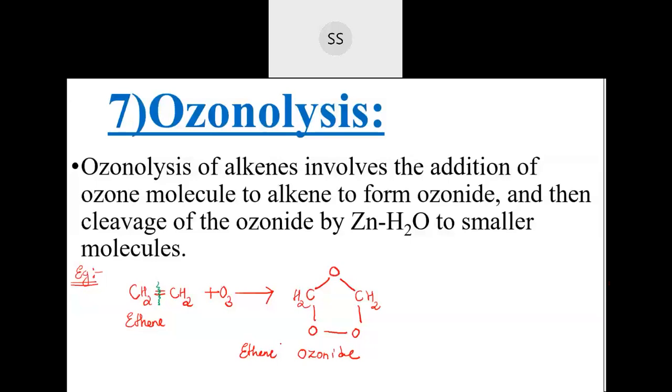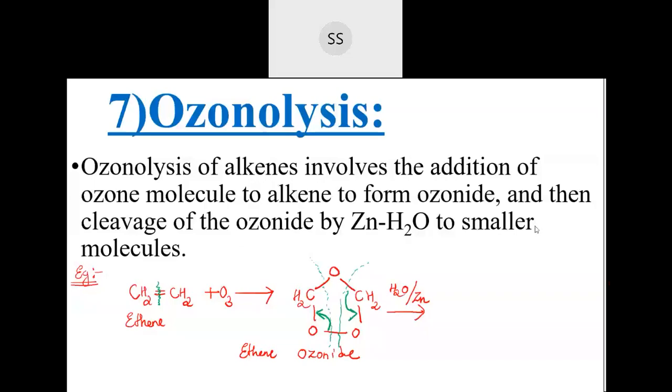Further, I said this is unstable, so they make it react with water and zinc. During the process, there is breakage of this bond. This is the place where the breakage happens. Again rearrangement and shifting happens and they break down like this. I'm shifting this bond here, because double-bonded compounds will be formed. So you shift this bond here and this bond on this side, and break them down.